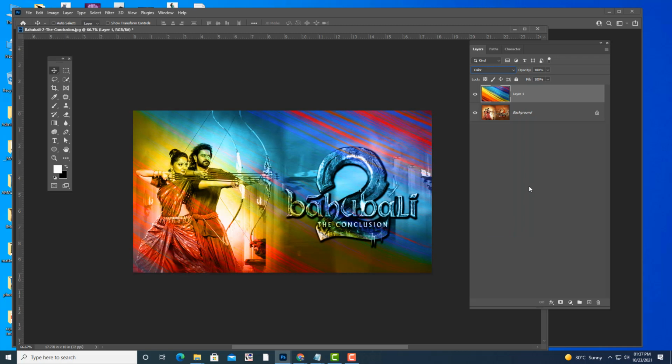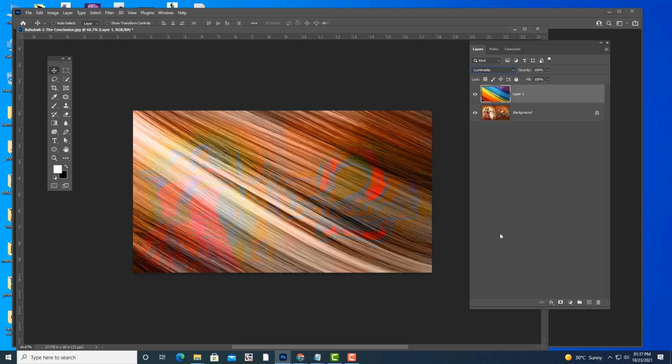See, this is a blending mode we use a lot. For example, if you have a black and white image and you want to colorize that image, you will use this blend mode, color. How we will use it, I will tell you in the coming classes. Okay, and the last and final is luminosity.